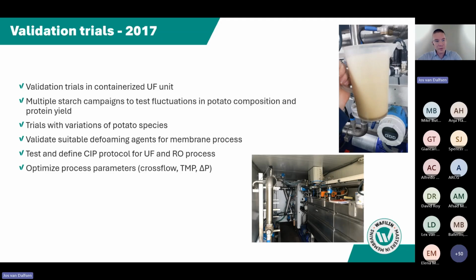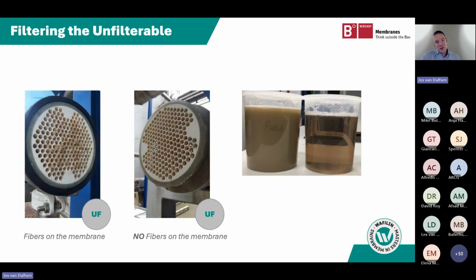But today I'm talking a bit more about the UF, because it was also the most challenging part of the complete filtration process. And like I said, we don't add a pre-separation or decanter process in this process because we want to have a direct filtration opportunity. But then you face the fact you're dealing with fibers in the potato fruit juice. And you see on the left picture, accumulated material is forming on the head of the membrane. Even though we're dealing with 8 millimeter channels, we still see a growth of fiber layers on top of the